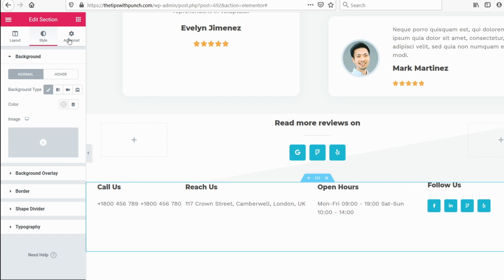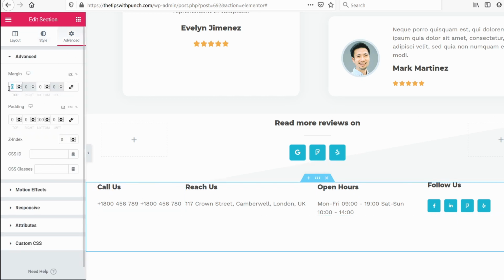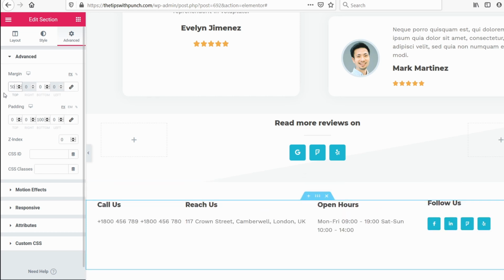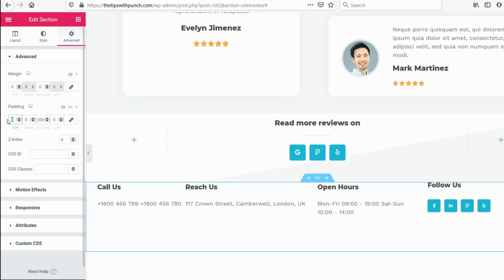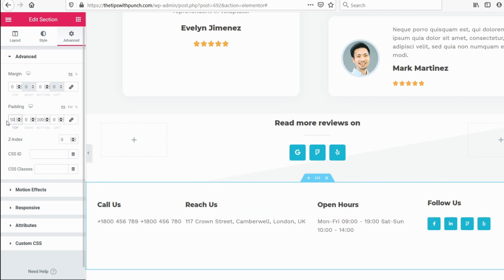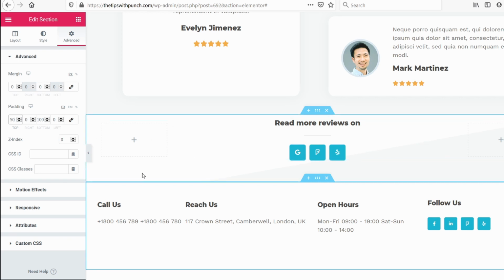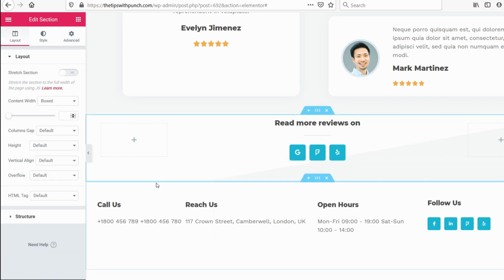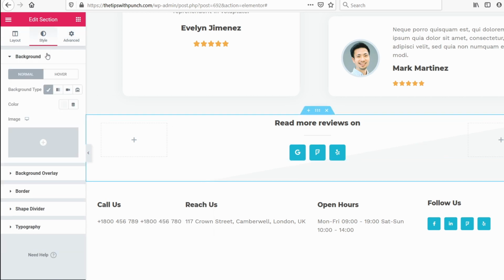I'm going to add a bit more space between the two blocks here. Let's see. 50 maybe. No. Let's add padding instead, 50. Yeah, that's about right. And now we go to this section, click edit section, go to style, and here you